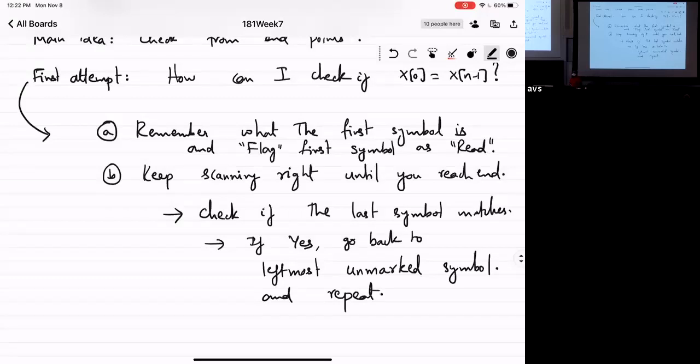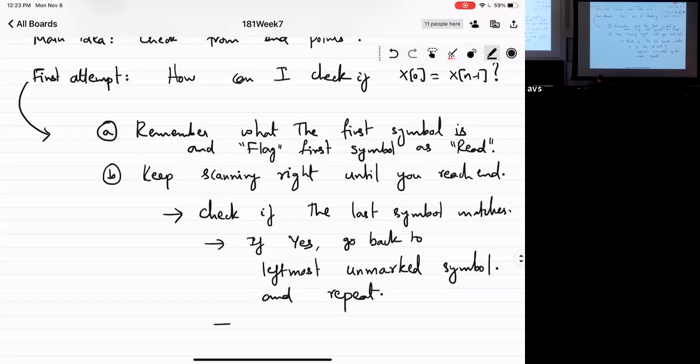Does this make sense? So you read a symbol. I read it as 0. Okay, I jump to a state, but I'm also going to mark it as red. Then scroll all the way to the right. I see, okay, it's a match. Then I come back, but I have to stop just before the last marked symbol. So jump forward and then keep repeating this back and forth.